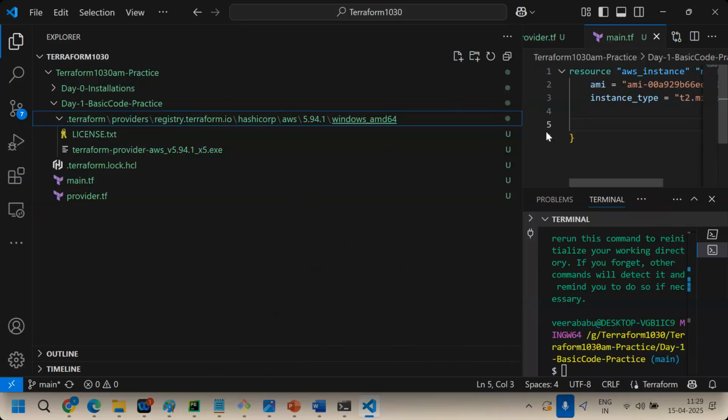One directory is created, right? The directory that was created after Terraform init. Inside .terraform, which block is there? Providers. Inside providers, registry.terraform.io, inside HashiCorp, inside AWS plugins, inside a version, plugin version 5.94.1.